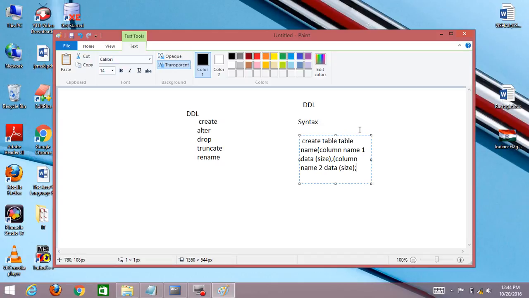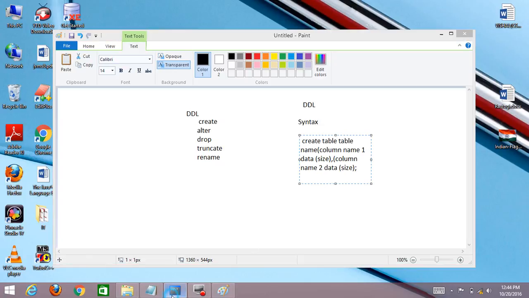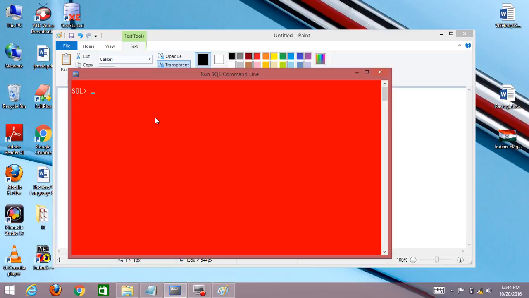Now I am showing all this practically, how the commands are used. Please write down this command in your copies, and syntax is very important for Oracle purposes.